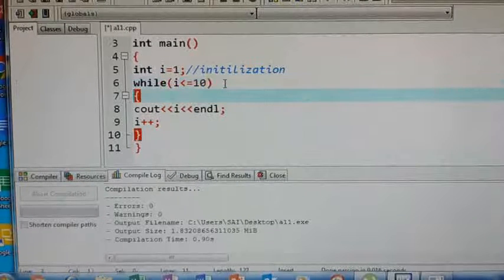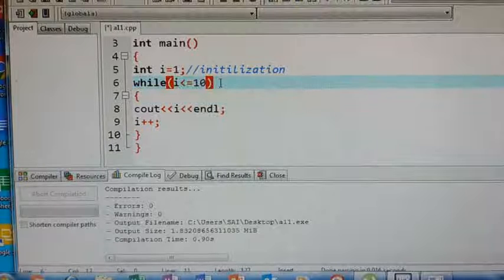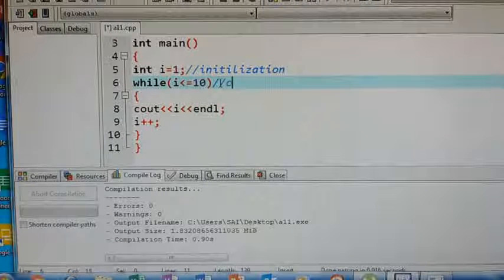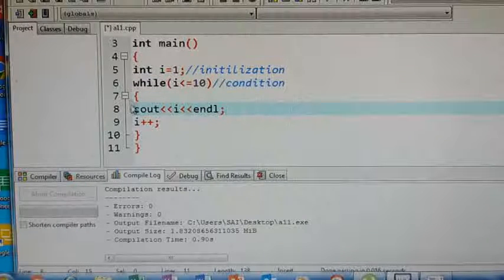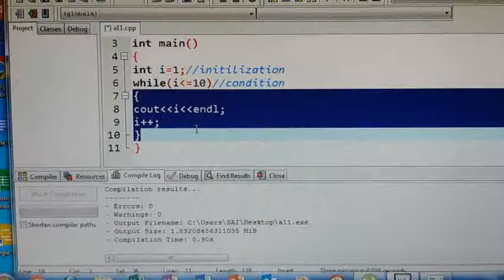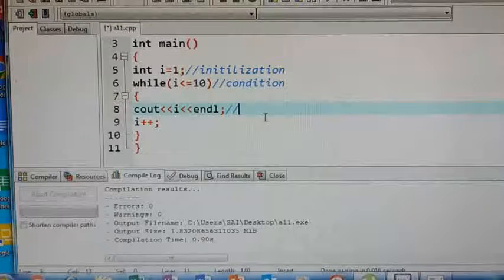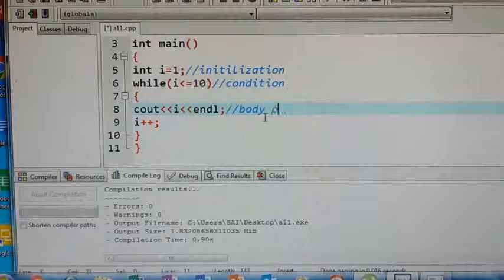Next, this is called the condition here. Every time it will check the condition, meaning whether the value you are printing is below or equal to the range or not. If this is true, then whatever statements are enclosed between this opening and closing will be executed, and this is called the body of the loop. So here you can say this is the body of the loop, right? Now this is a condition.